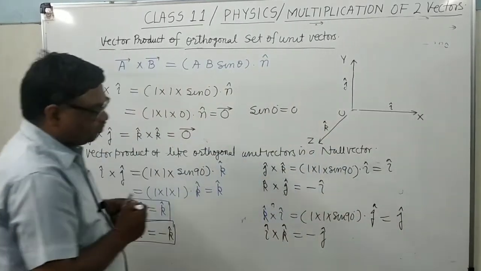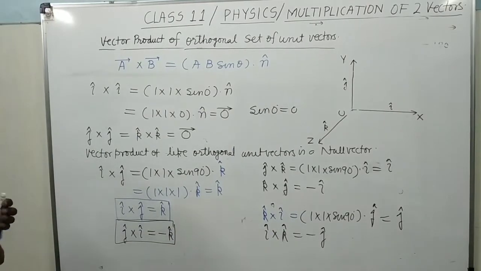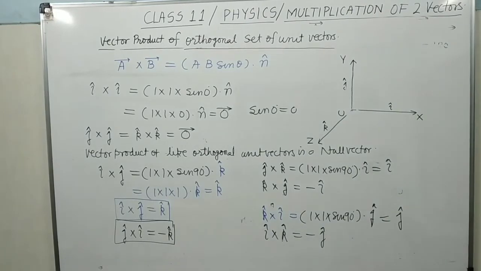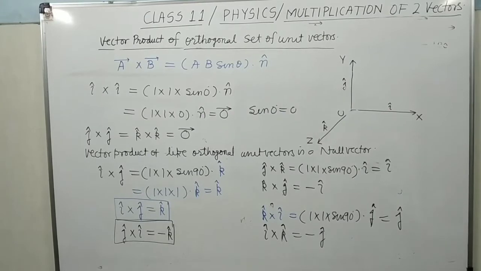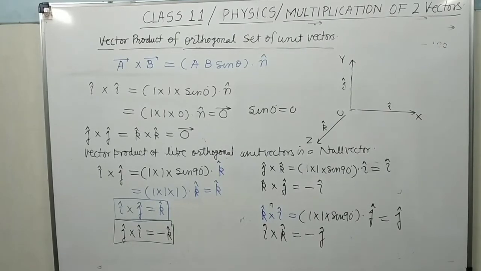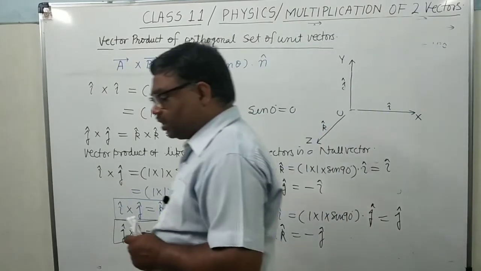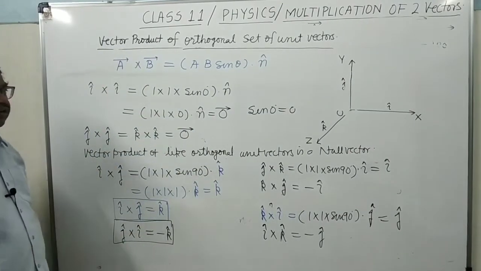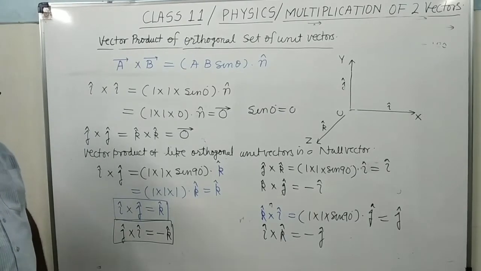This becomes 1. Now see here, if you see this, then it is very much confusing, but you have to understand this. How will you remember it? How will you memorize it? Very simply. It is clear. There is a very simple rule for memorizing this. About the like unit vectors, it will be equal to the null vector. It is clear. When you find out the vector product of like unit vectors, it will be the null vector.